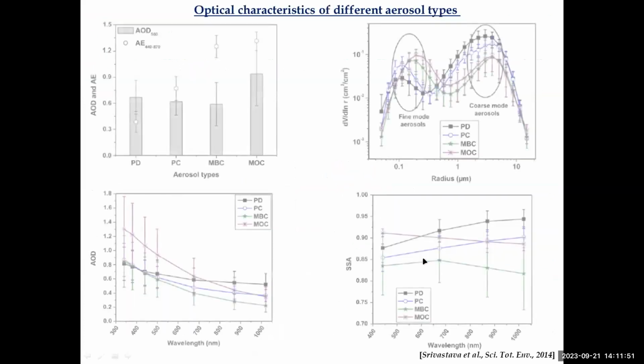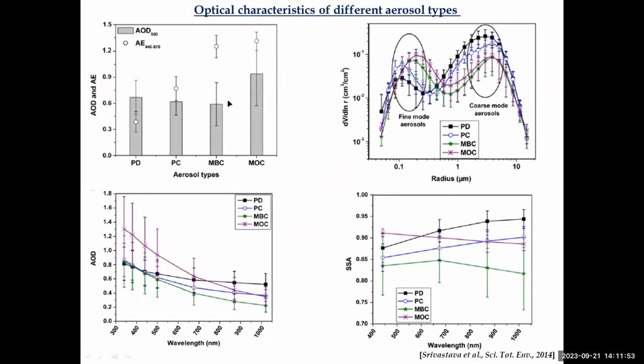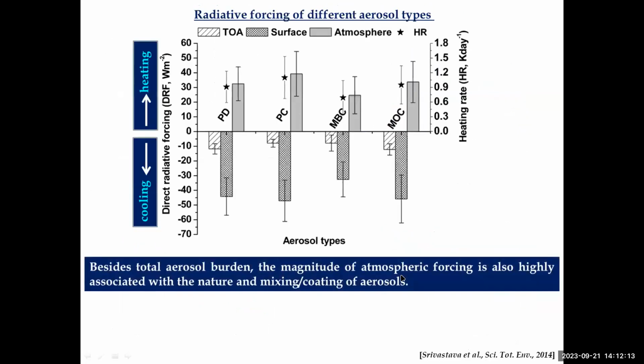And these are the optical properties of each type of particle, which were found to be drastically different for all the aerosol properties like AOD, Angstrom exponent, then their volume size distribution, then spectral properties of AOD and SSA. And we have also estimated their radiative forcing at the top of the atmosphere, surface, and atmospheric forcing for these types of aerosol. And mostly black carbon was found to have relatively lesser